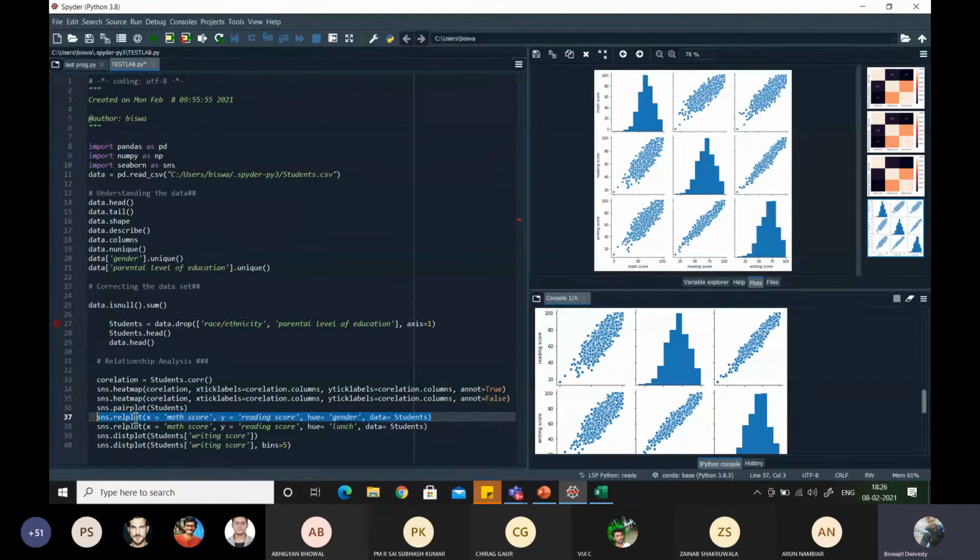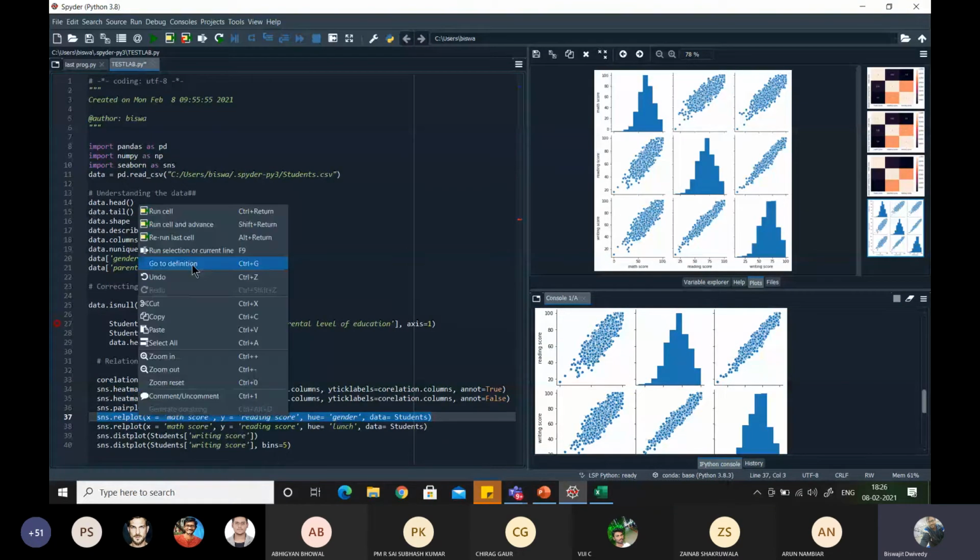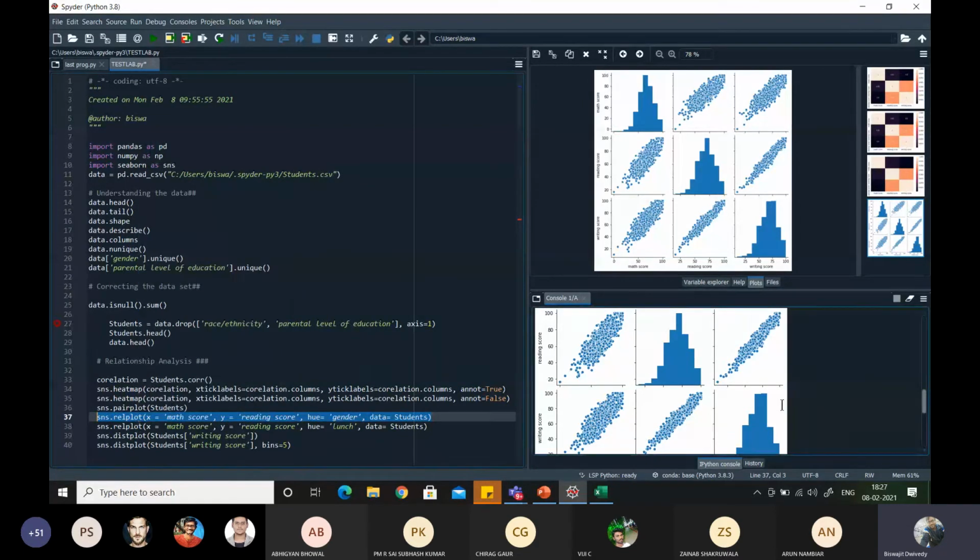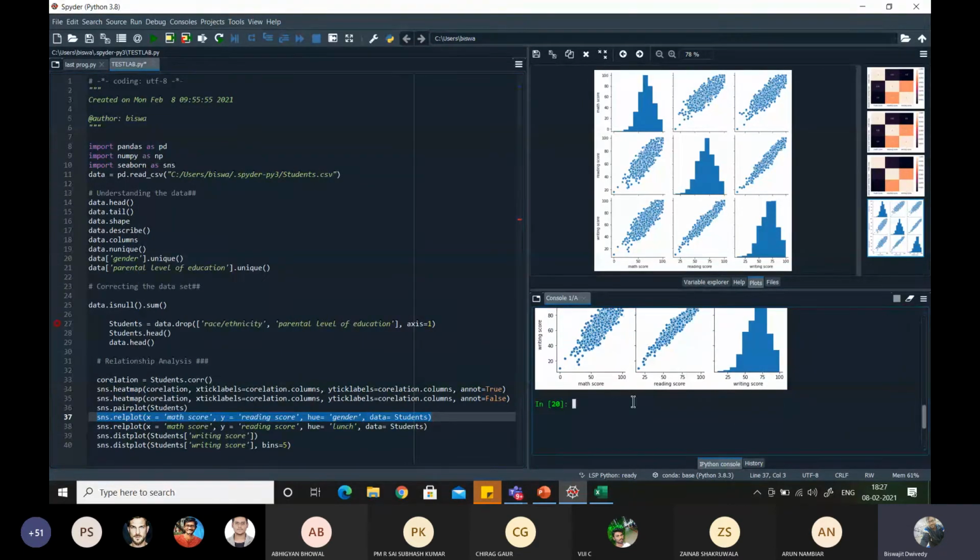Another type of thing is there, that is called a relational plot or scatter plot. You can see, let me copy it first, after that I'll explain. Here you can see SNS, that is the Seaborn library. REL is there, that is your relational plot. REL plot means relational plot.